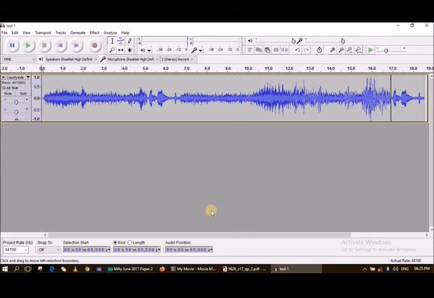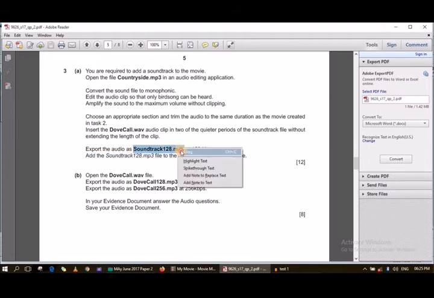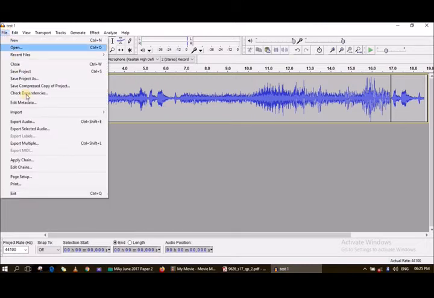Now the next thing is export the audio as soundtrack 128.mp3 at 128 KB per second. Its bitrate should be 128 KB and its name should be soundtrack.mp3. We can just copy the name so that we don't need to type it. File, export audio,